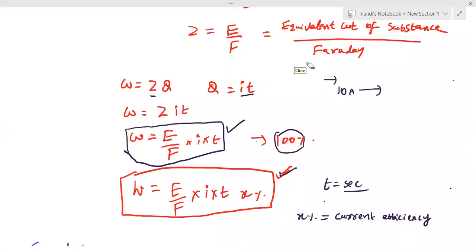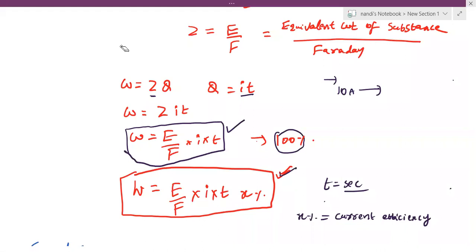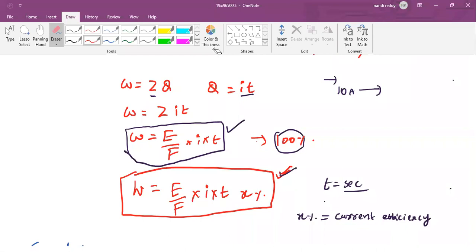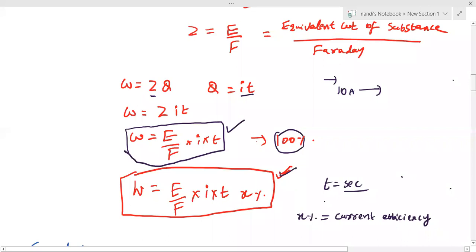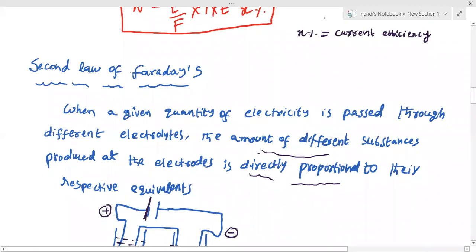This is the first law of Faraday. We'll discuss problems together. First note down the second law of Faraday also. Definition. Please note down, sir, the second law of Faraday. If you can't get every word by listening, then try to write. I know you can't understand my language, so I'm writing on screen. This is a test for you, sir. Whatever I wrote, you can write.